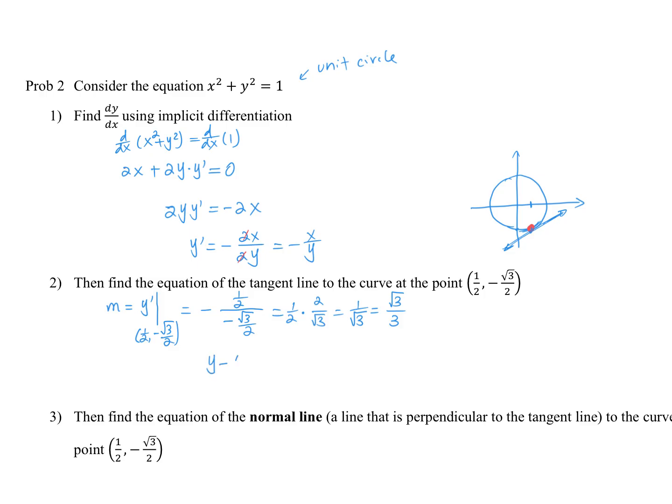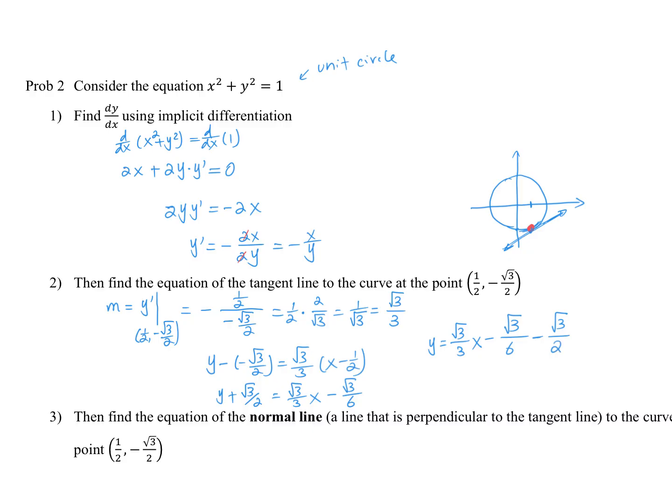So y minus y1 equals the slope times x minus x1. And let's simplify from there. So y plus root 3 over 2 equals root 3 over 3x minus root 3 over 6. And finally, we subtract root 3 over 2 to both sides. So therefore we have y equals root 3 over 3 x minus root 3 over 6 minus the root 3